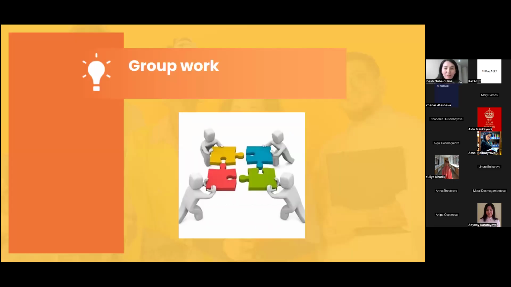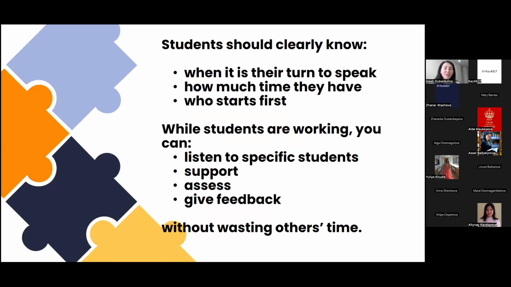So the next one, the second type of structured pair work, is when they take turns. This creates a kind of competition, and students try to remember all the words, phrases, or facts. For example,